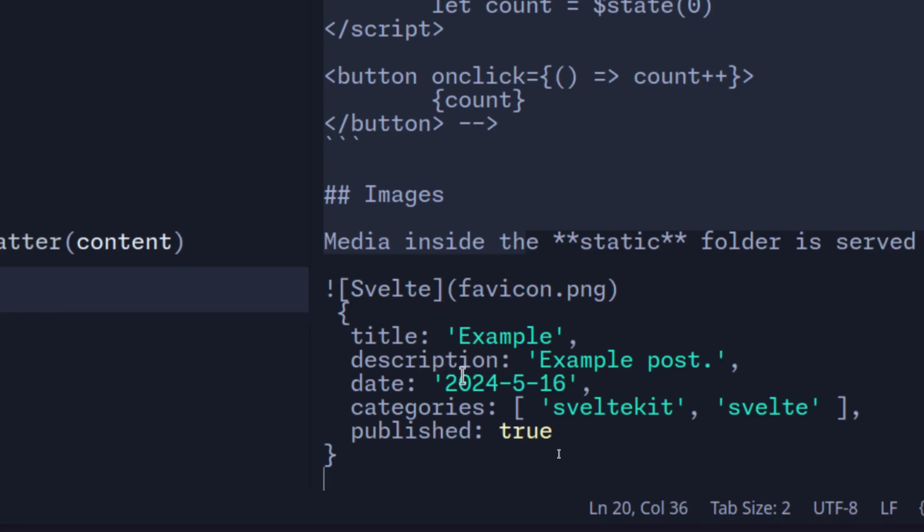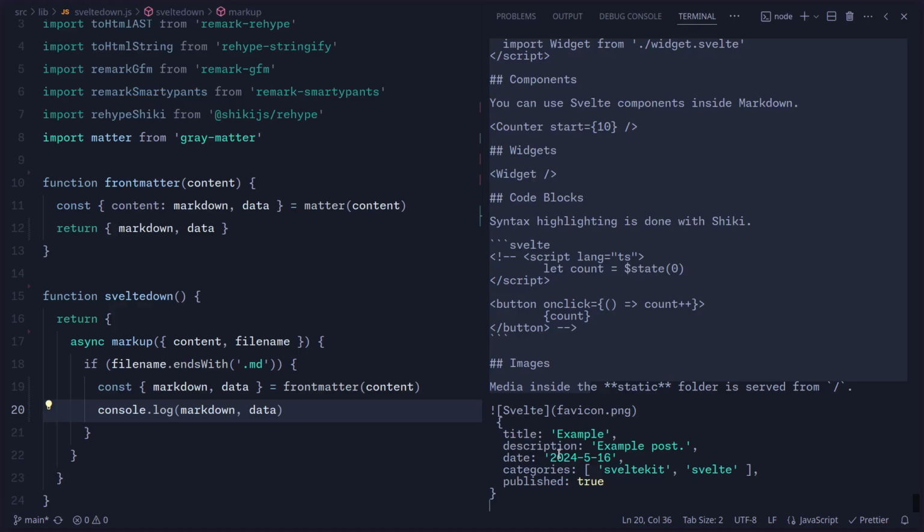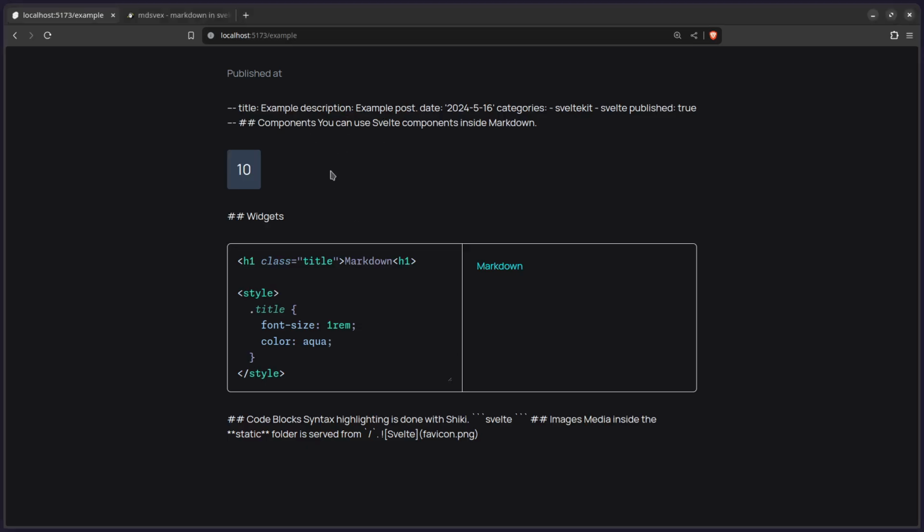We don't have to do anything special. So now we have title, description, date, categories, publish, true, right? So this is from our Frontmatter. But to make this available here to our component, we actually have to return this on the module, same as